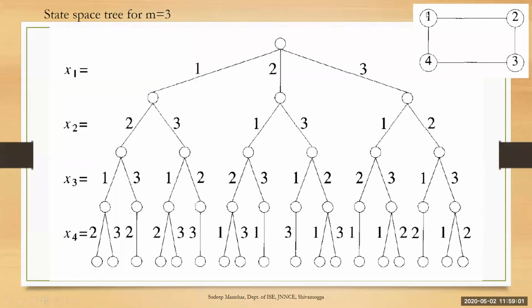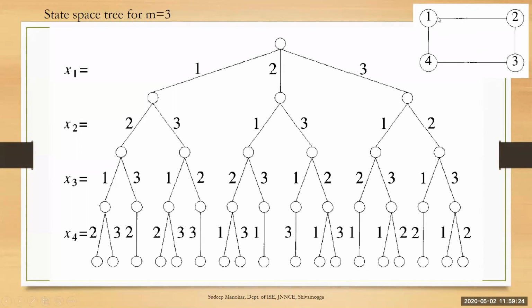The first thing, while implementing this, is that we have to convert this into an adjacency matrix. We have to store the information of this graph in an adjacency matrix, where the matrix contains ones and zeros. One indicates that there is an edge from one vertex to the other vertex. For example, the 1 comma 2 value is 1. It tells that there is an edge from 1 to 2.